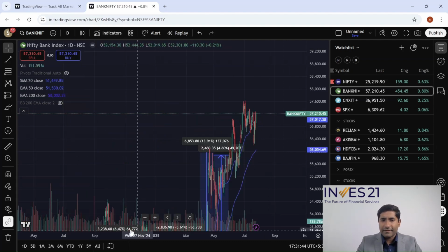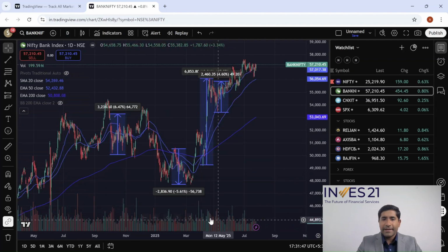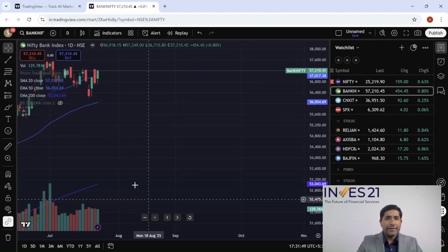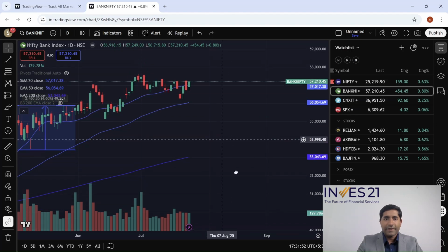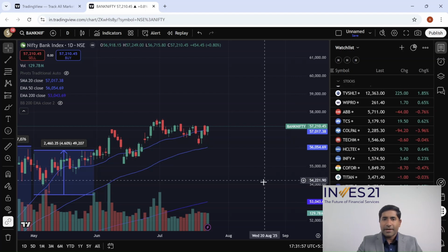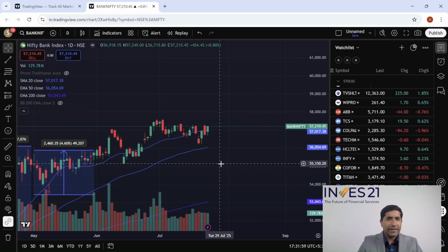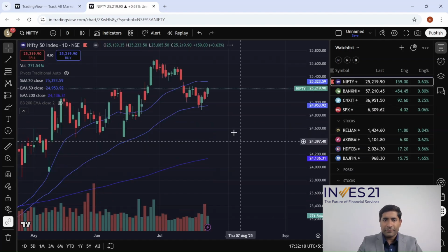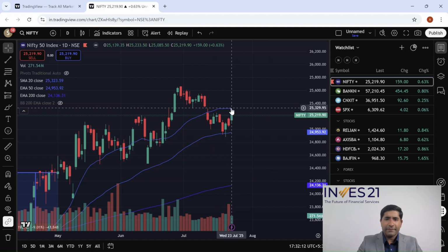So for now, let us just stick to the daily basis, and that's about it. As far as these two market outlooks are concerned, for Nifty Bank for 24/7/2025, we can see further upside. And as far as Nifty 50 is concerned, it is still in a consolidatory phase, where the critical mark to be taken out is going to be 25,329,